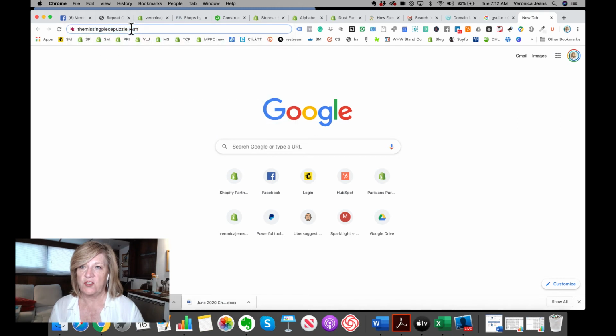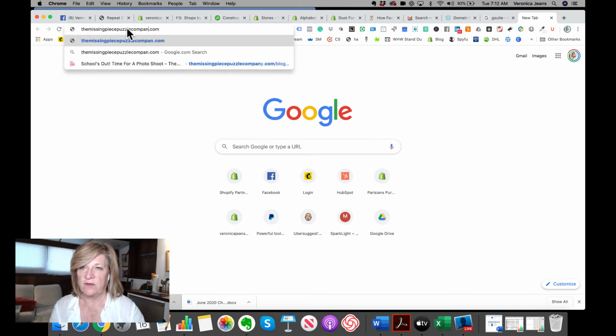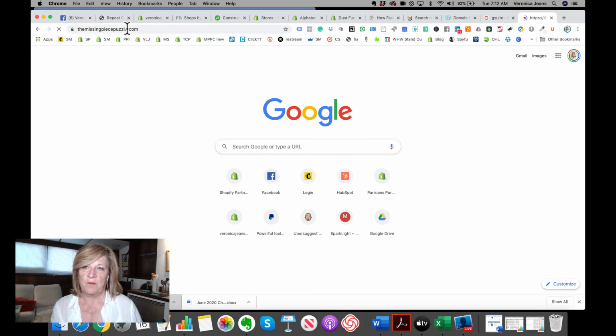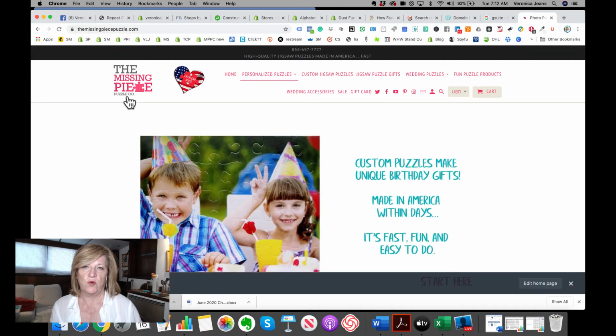So we made it shorter because it takes up too much real estate. I mean, company doesn't mean anything. But it does point to her website, and I'll show you why that happens, okay? So we've shortened the domain name to the Missing Piece Puzzle, which is a puzzle, it's a piece, keywords, right?